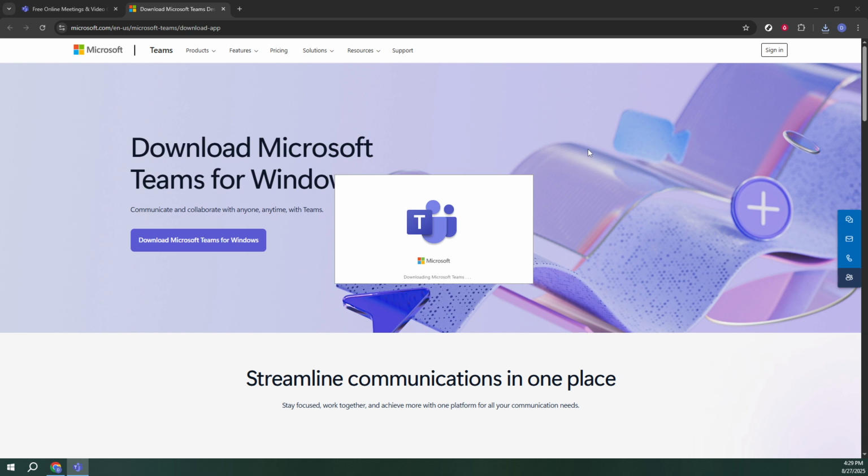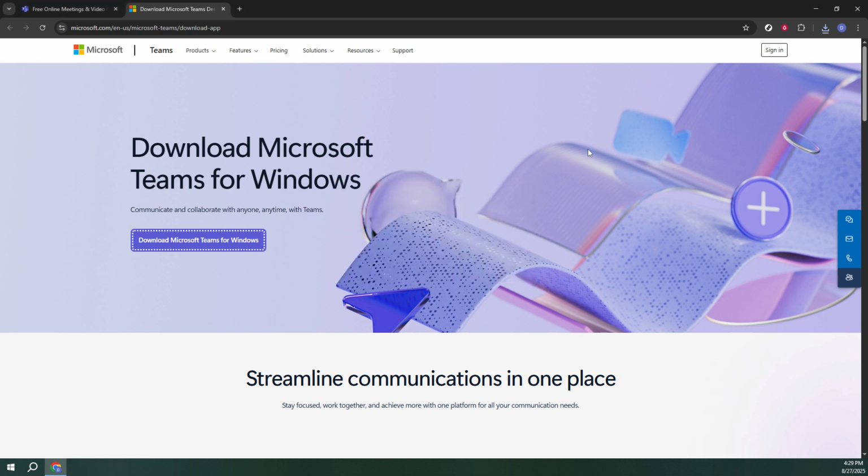With the installation complete, the new Microsoft Teams app should now be ready to use on your Windows 10 laptop. Launch the application and you'll be greeted with the familiar login screen. Sign in with your credentials, or if it's your first time, set up your account to begin exploring all the collaborative features that Microsoft Teams offers. And there you have it, a simple yet detailed walkthrough on downloading and installing Microsoft Teams on your Windows 10